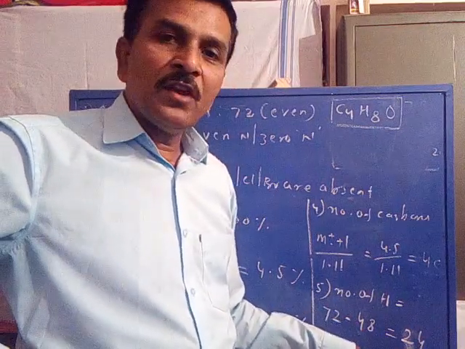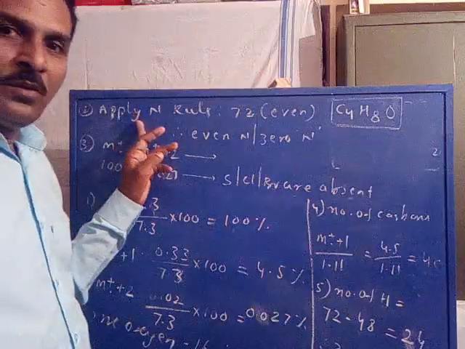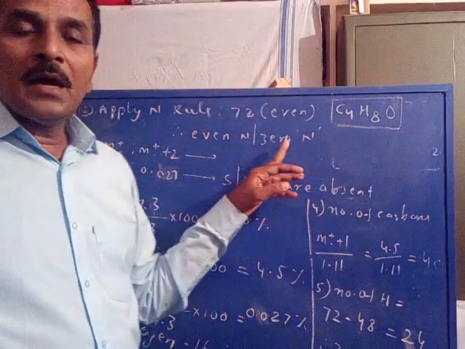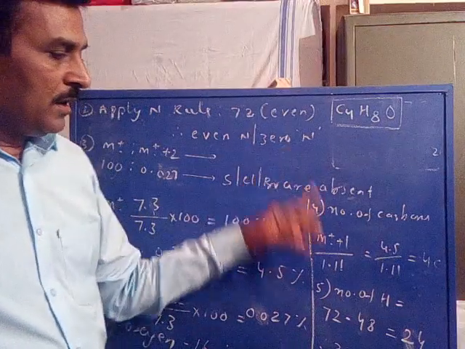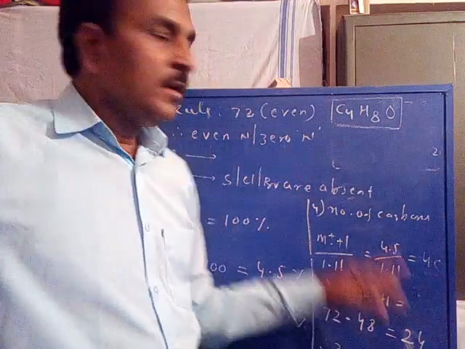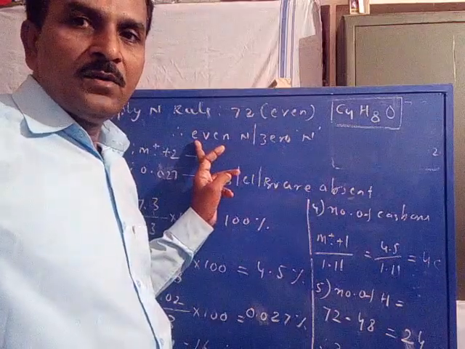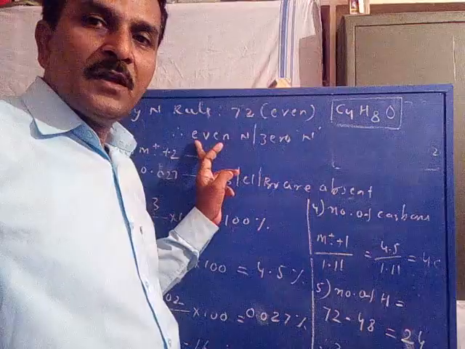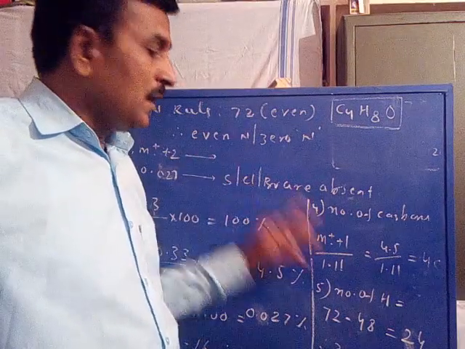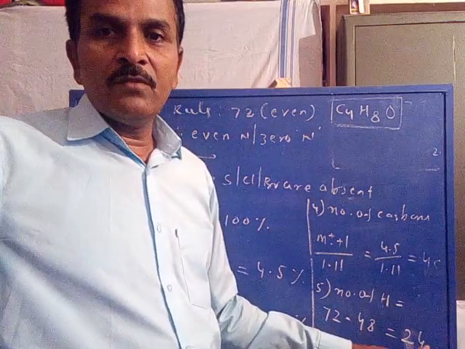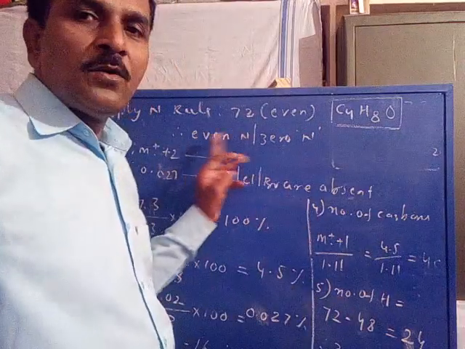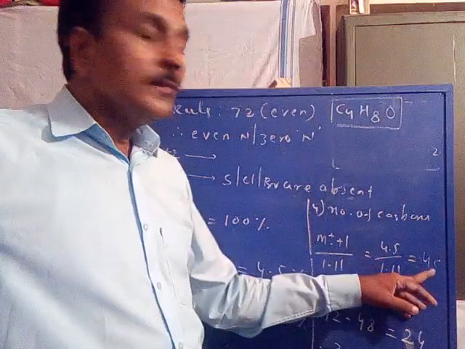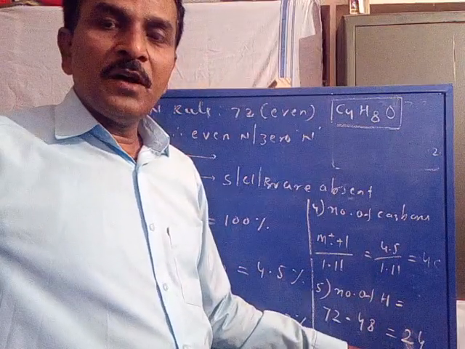Now with the 24 mass, coming to the nitrogen rule. According to the nitrogen rule, there may be an even number of nitrogens or zero nitrogens. Now we have only a leftover mass of 24. We cannot accommodate an even number of nitrogens. The minimum even number would be 2. To accommodate a minimum of 2 nitrogens, the leftover mass should be more than 28. We have only 24. Therefore nitrogens are 0, or nitrogens are absent. Is it clear?